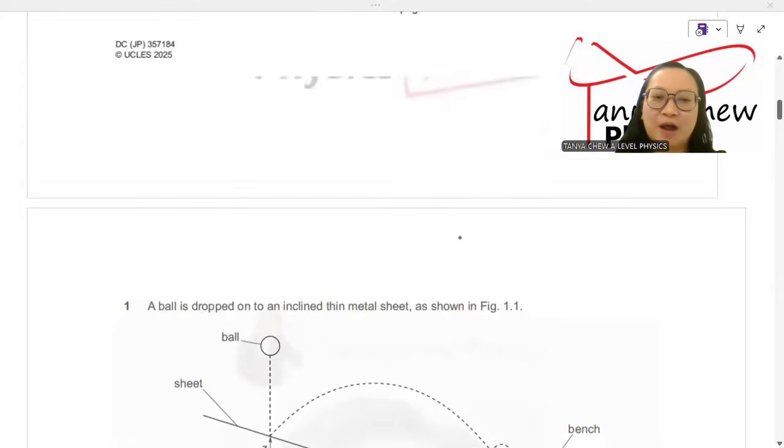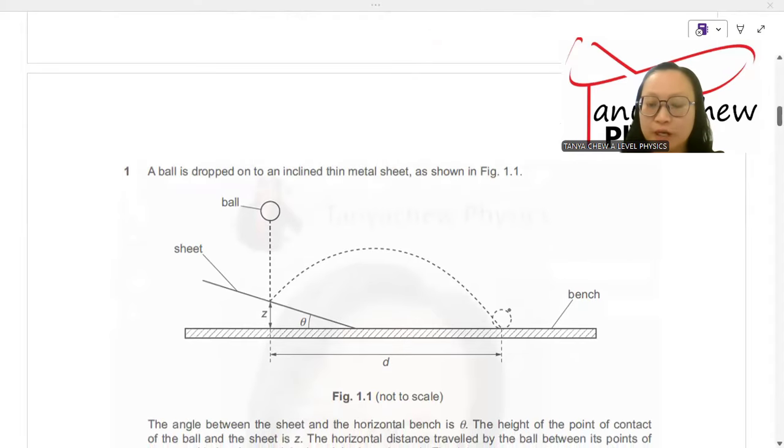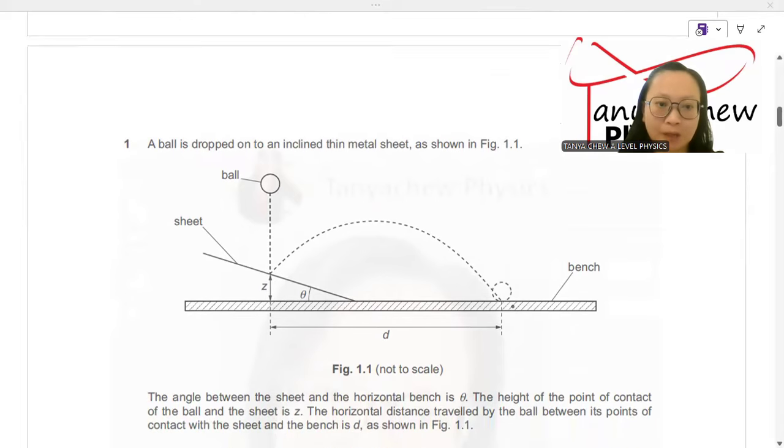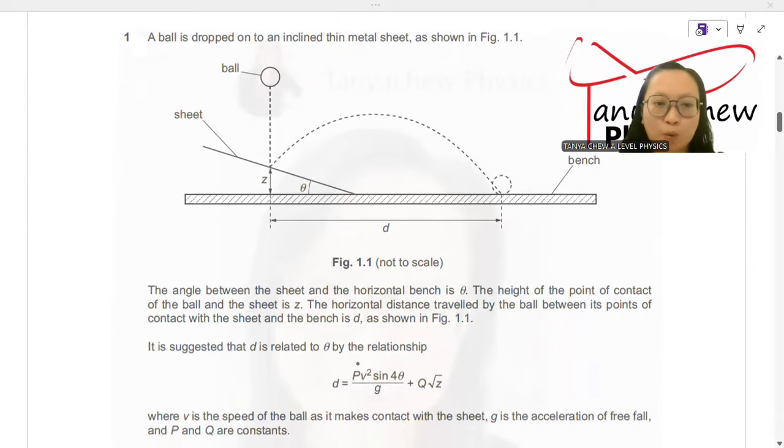Right, so now I'm going to start with the first question first. Look at this ball. That's the ball. It's dropped onto an inclined thin metal sheet as shown in Fig 1.1. The angle between the sheet and the horizontal bench is theta. The height of the point of contact of the ball and the sheet is z. The horizontal distance traveled by the ball when its points contact with the sheet and the bench is d as